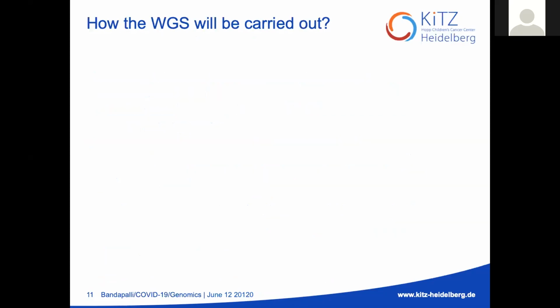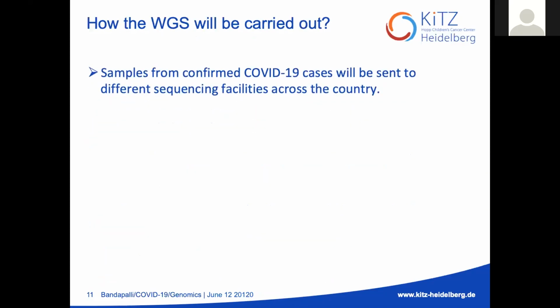So how can whole genome sequencing be carried out? There is a new initiative in the UK where there are no proper facilities set up especially for this purpose. So they are using the existing genome sequencing facilities. They collect samples from different parts of the country and send them to different laboratories, so that you can use all the available resources and get things done in quick time. And then you can use all the methods available for whole genome sequencing.